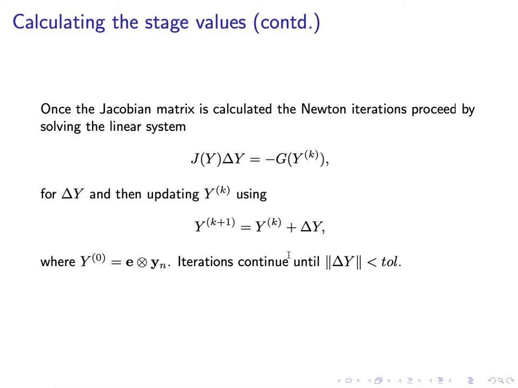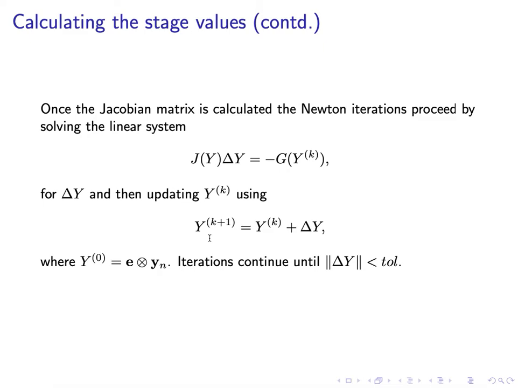So once you've calculated the Jacobian, we can use Newton's method, and the matrix form of Newton's method is here. So remember, this is a linear system. Okay, so you have your Jacobian matrix. Delta y is what we're solving for, and we know minus g of y, the current Kth estimate of big Y. So this is a linear system which we solve,